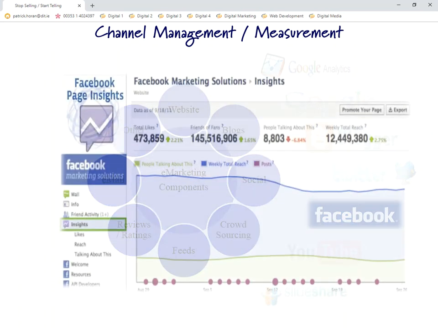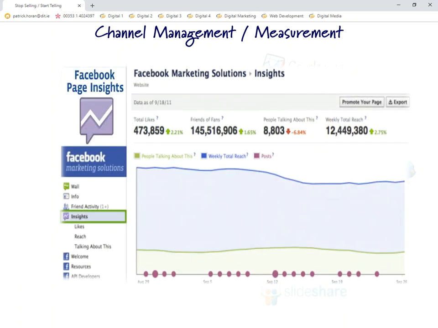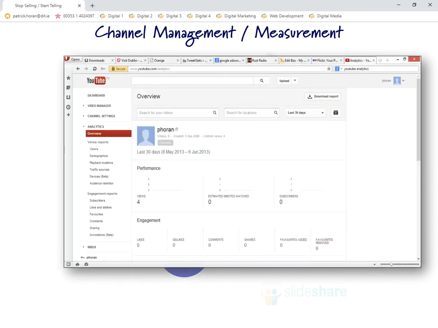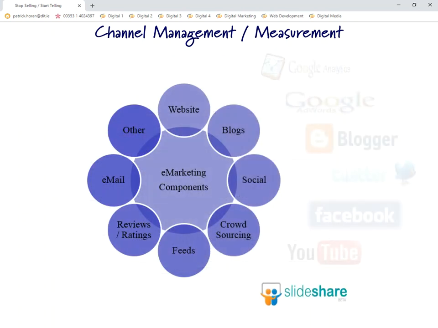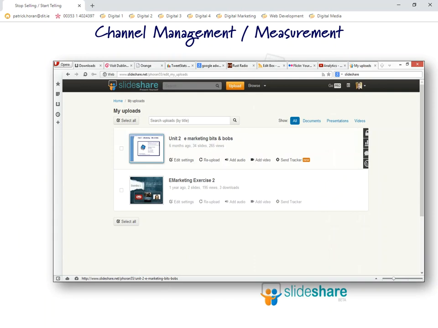And then Facebook. Facebook has a thing called Page Insights, which looks at all of these things, which we've looked at within Facebook already. It's really useful, and again, it can tell you what you're doing well and what you're not doing so well. YouTube has its own little thing called YouTube Analytics, exactly the same as Twitter Analytics and Google Analytics and all the rest. Then there are other things like SlideShare and quite a few other little packages and programs. And of course, even what we looked at earlier with your app, your app has analytics in there as well, and you can look at all of those.